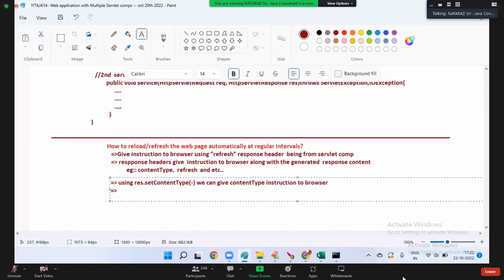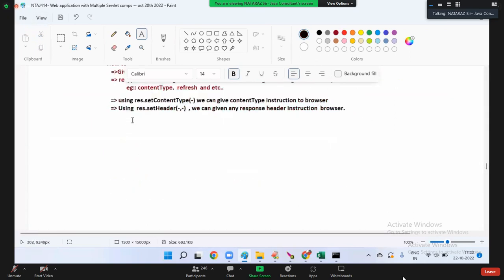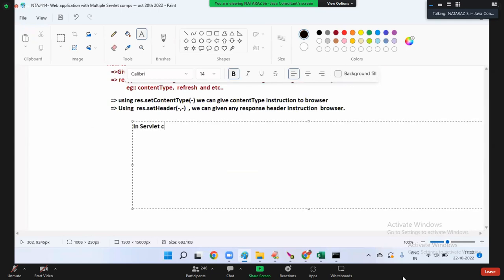Using response.setHeader, we can give any response header instruction to the browser. Okay. Now listen. In the servlet component,